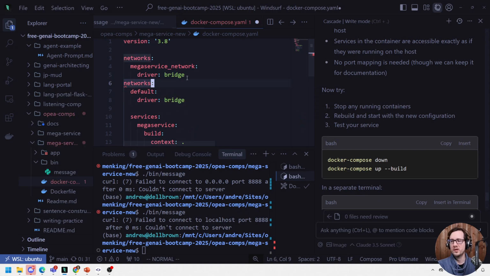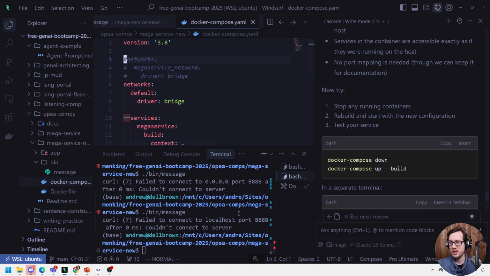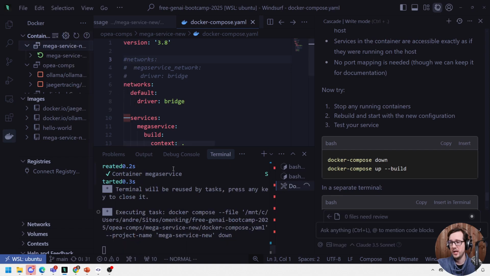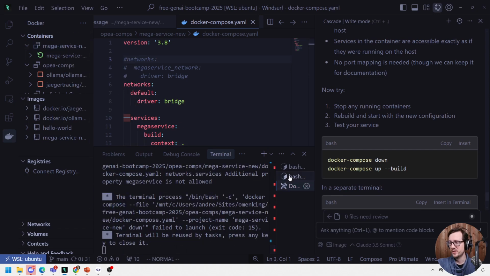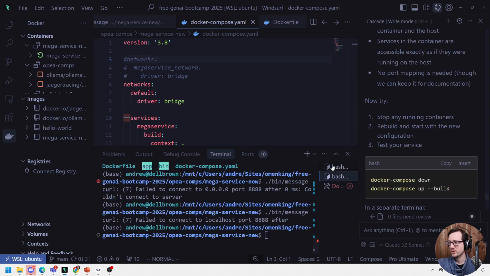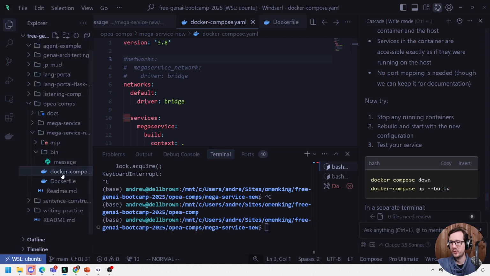And we'll bring in this one here. So my thought is that there is a default network, and maybe your machine is part of that default network, and that's going to help it work. I don't know, I'm just guessing here. So we'll do a Docker Compose down. And once that is done, we will just terminate that when we get a chance. I think it's down now. And so now we'll do a Docker Compose up.